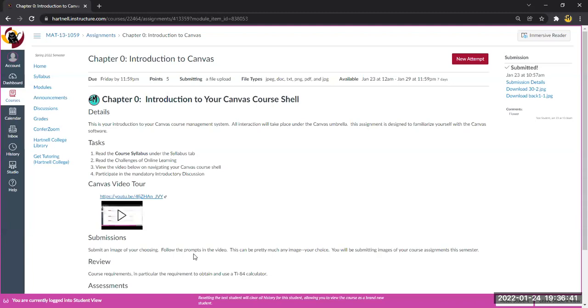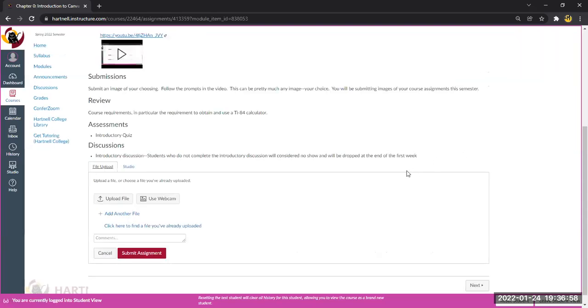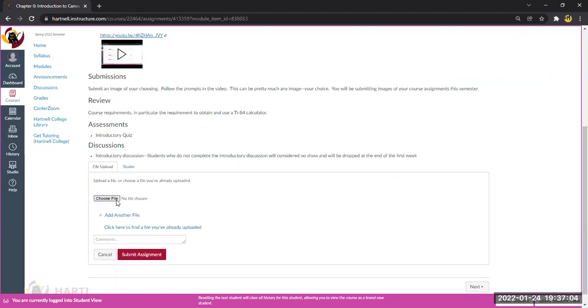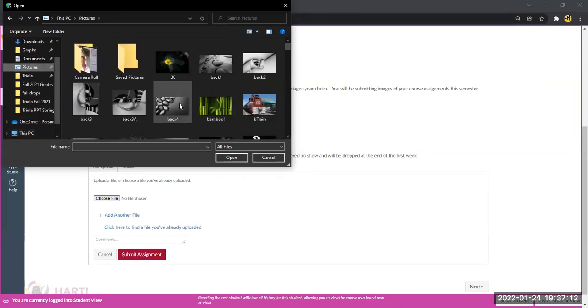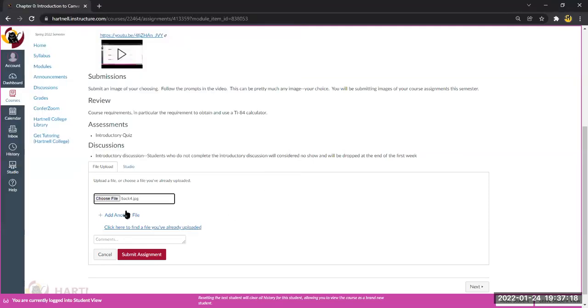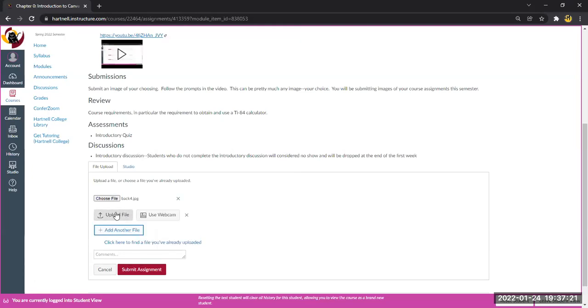What you're going to do is take an image of your homework and submit that image, sometimes several images, depending on how long that homework assignment is. It's not hard to do. So when you're ready to submit your homework, you'll click New Attempt. And down here, we can upload a file. I'm given the opportunity to choose a file. I'll pick some, well, let's see, where are my pretty pictures? There they are. Oh, here's some rocks. I'll open that. I can go ahead and add another file if I want to.